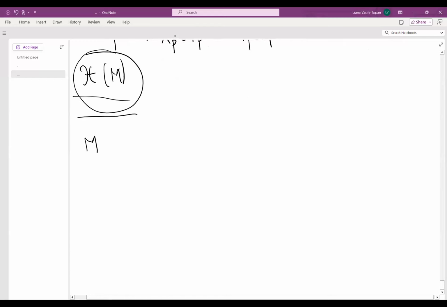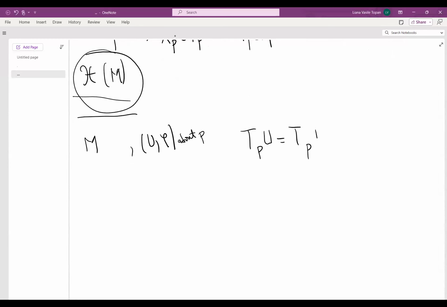So when you have a manifold M, right? Then suppose that you take a chart on M. This chart will induce some basis, right? A basis on the tangent space. So this is about some point P of M. So we'll get a basis here on the tangent space at the point P, which is the same as the tangent space at the point P of M. So this is M, P is a point here.